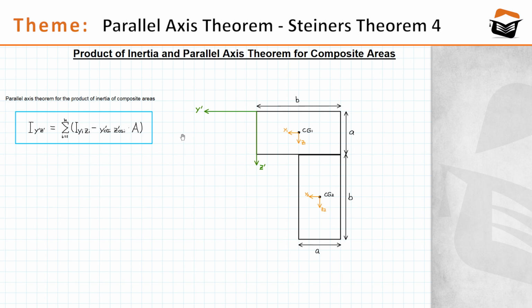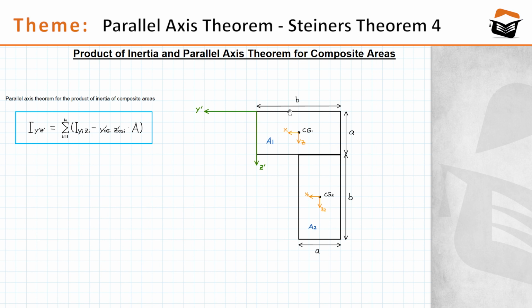So, without further ado, let's begin the calculation of the product of inertia of this L-shaped body. As you can see, this body is composed of two rectangles. One rectangle in landscape format and the other in portrait format. For better reference, let me label the rectangles as A1 and A2. As we did with the area moment of inertia of composite areas in another video, we're going to consider each